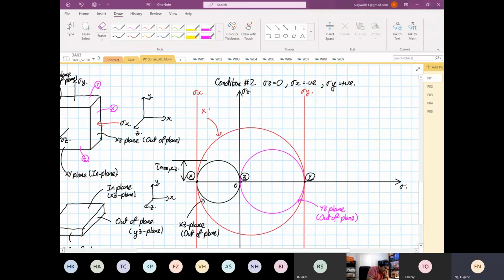XY plane. And our XY plane now is our what? In plane. Okay, it's our in plane. Okay, so I'm going to draw, I forgot to draw on the pink. So we know from here to here,